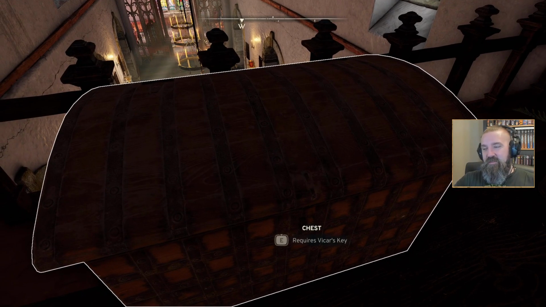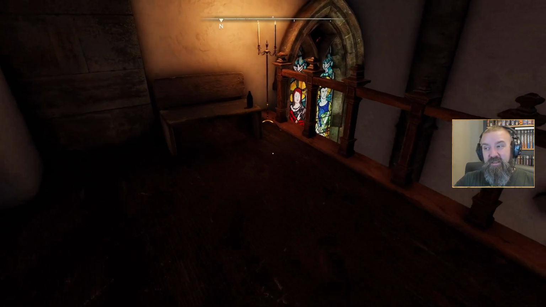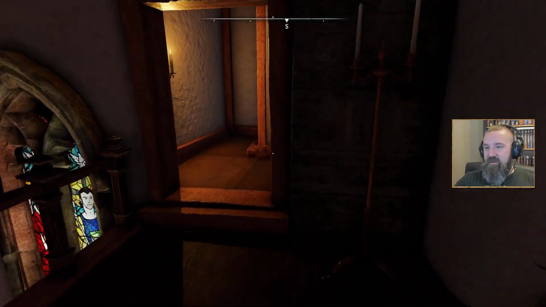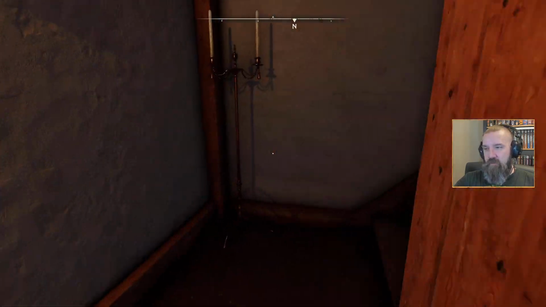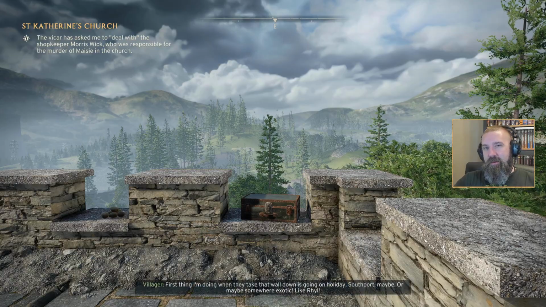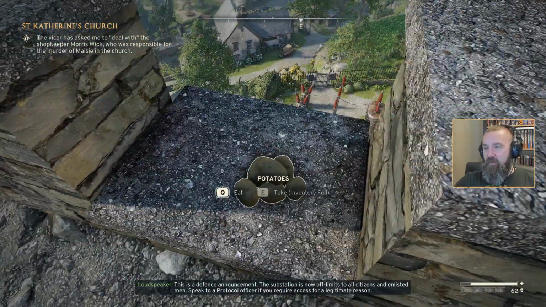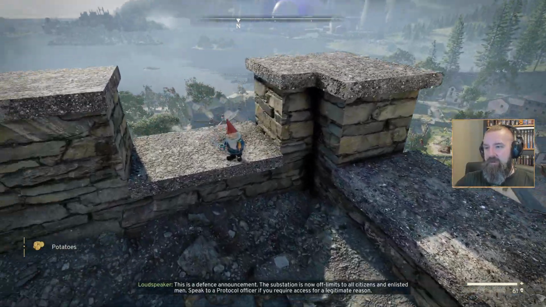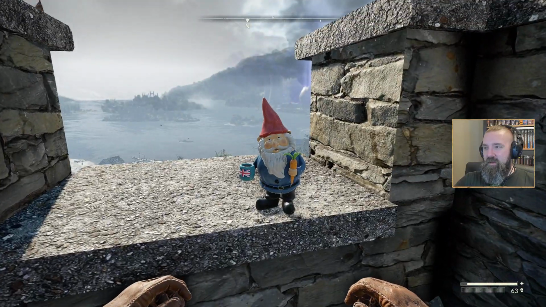A chest. The vicar's key. Reason to take him out, I suppose. Unless I can find the key. I don't know if that's a thing I can do. But okay, the vicar has a chest hidden away a bit. Intriguing. I can search her body, is what I wanted to say. Maybe some... oh, Wyndham. Oh, okay. Well, that's a bit interesting. You can come up all the way over here. Potatoes? Do I need to eat? I don't know. I do need to eat. Good. Oh, hello. Why is this not a collectible? Hello, little...